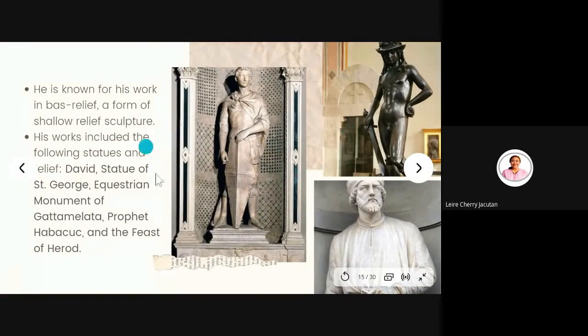Pag sinabi nating bas relief, it is a form of shallow relief sculpture. So, ano pa rin yung pagiging relief sculpture, nakadikit siya sa pader, pero mas naka-embossed siya compared dun sa mga typical na relief sculpture. And then his works included the following statues and relief, such as David, this one. And then there is the statue of Saint George, this one. Then ito ay Equestrian Monument of